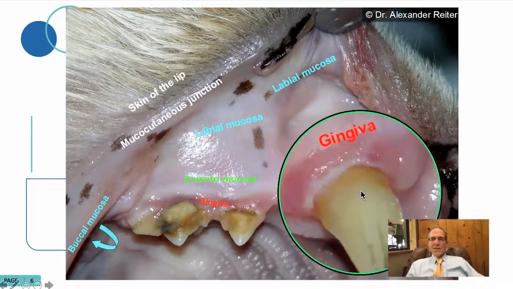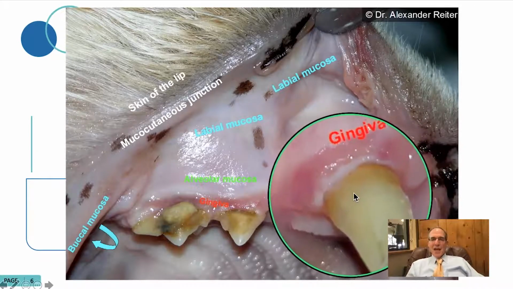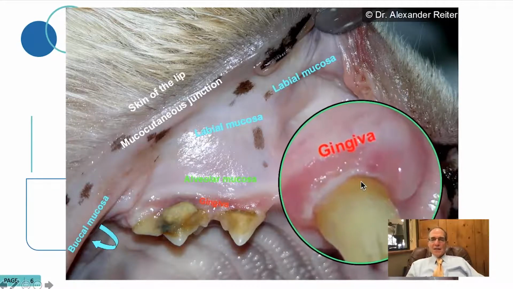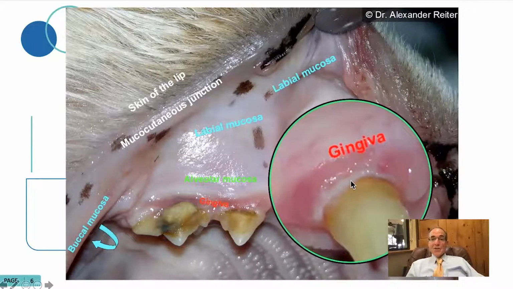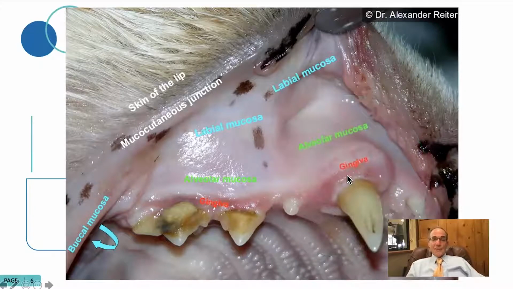This area of the tooth is called the cemento-enamel junction. And you can see the cementum is exposed here. The dentin is below it, sensitive dentin. And I bet you could put a periodontal probe in here and go 4 or 5 millimeters, if not more. Most probably this right canine needs to come out.